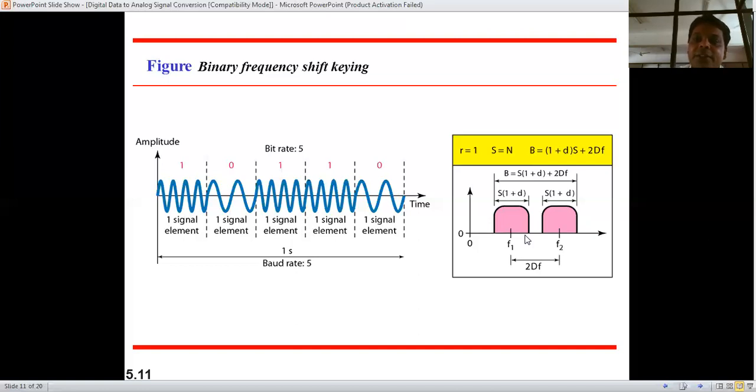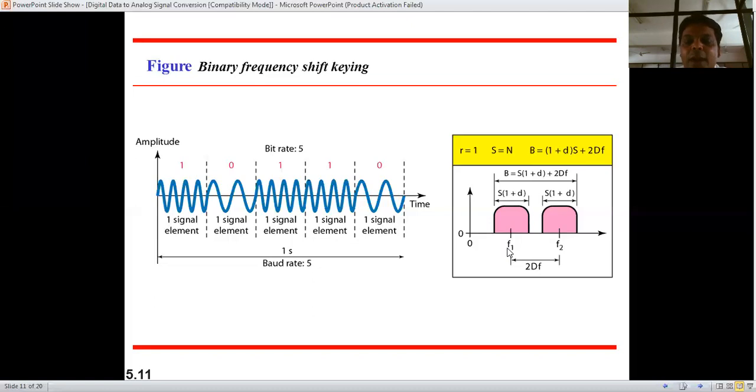If the original bandwidth is 100 kilohertz, then in this full duplexing technique, each channel will get a bandwidth of 50 kilohertz, and the number of bits that we can transmit across this 50 kilohertz channel will be 25 kbps, kilobits per second, because we know that in analog transmission, the number of bits that we can transmit will always be half of the original capacity of the channel.